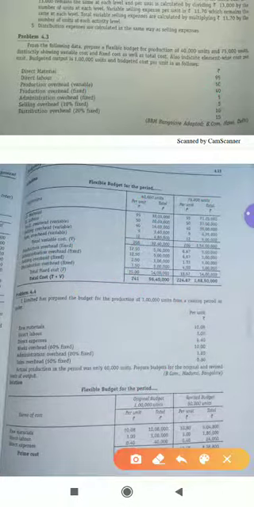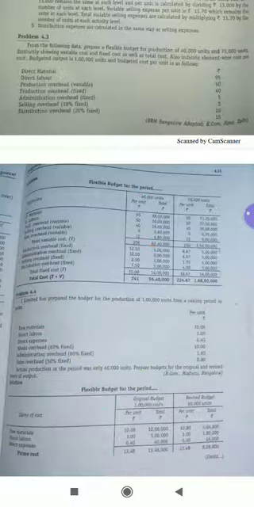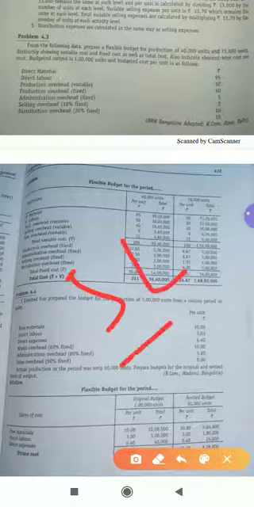Now you have to write fixed cost everywhere. What they have done here is variable cost separately and total cost separately. Why? Look here, they have asked us to prepare showing variable cost and fixed cost as well as total cost distinctly, meaning separately. So they have taken fixed cost over here, 5 lakh, 5 lakh. Fixed cost will remain the same, but fixed cost per unit will change. So total 5 lakh divided by 40,000 units, we will get 12.50. Next, 5 lakh divided by 75,000 units, we will get 6.67.